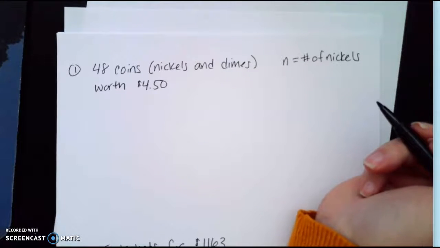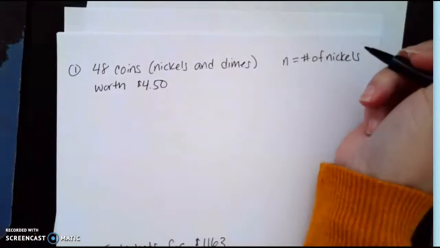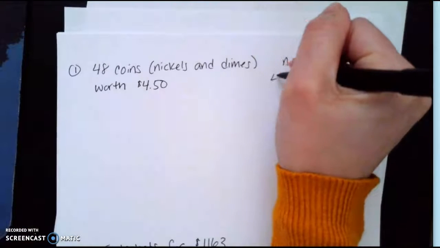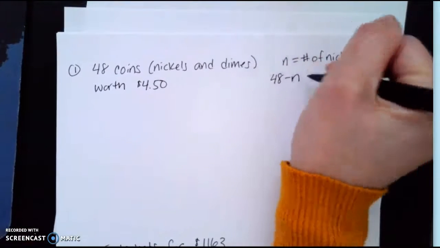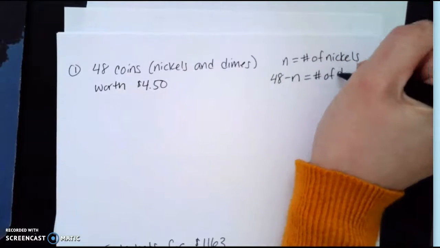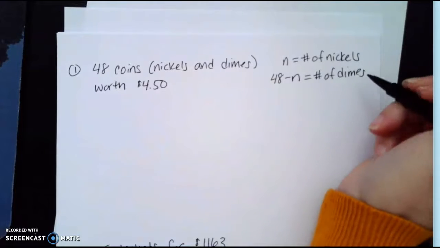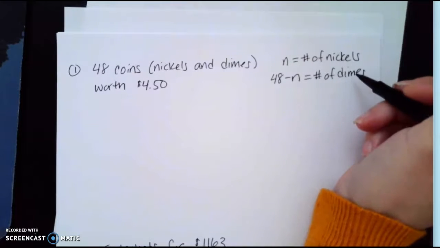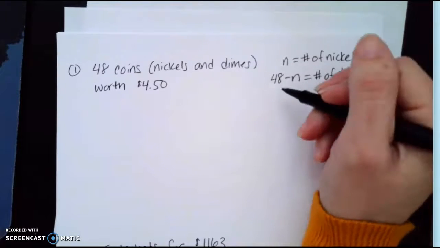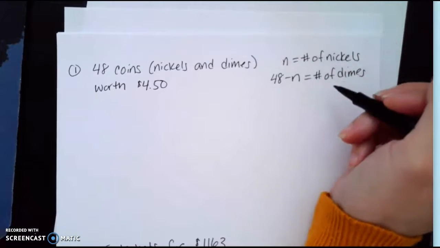So let's say, for example, we had 10 nickels. We would then know that we had 38 dimes because they would have to total up to 48. So however many nickels I have, if I do 48 minus the number of nickels, that would tell me how many dimes I had. And you could do the same thing and let the dimes be the unknown and find the number of nickels by using that expression. It doesn't make a difference. So we're going to use that information